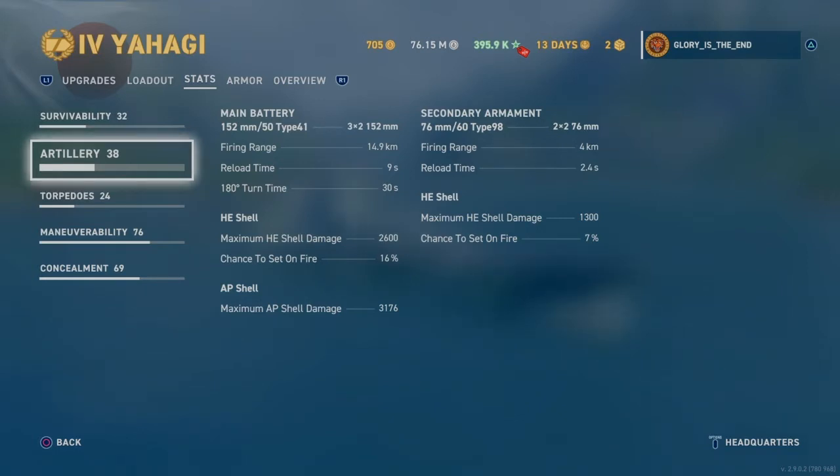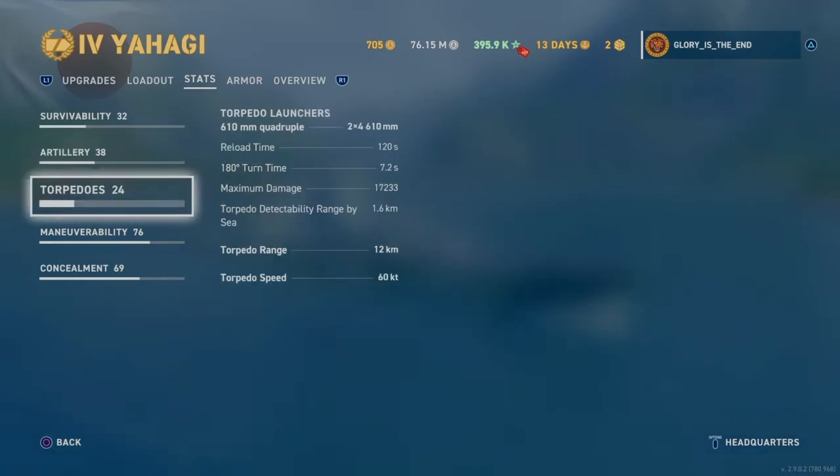Reload time's 9 seconds, not bad. 180 degree turn time, 30 seconds. That's a fair bit. Maximum HE shell damage 2600, 16% chance on fire. That's alright. And maximum AP shell damage 3176, which is not too shabby. Secondary armaments have a 4K range, pretty quick load time, and they're 2x2s by 76. Chance to set on fire 7, so you've got a couple of decent secondaries there,